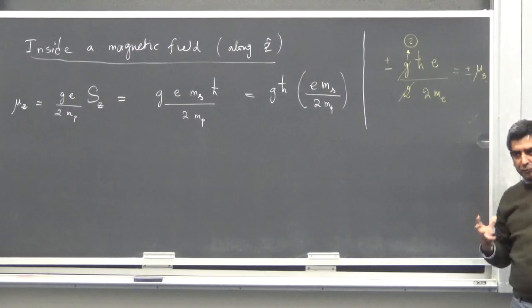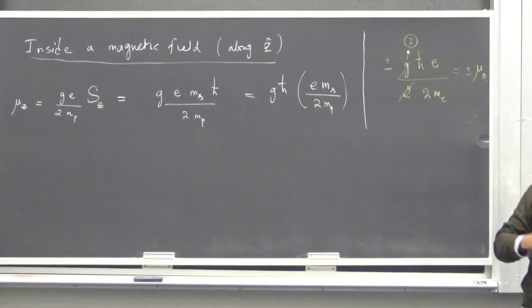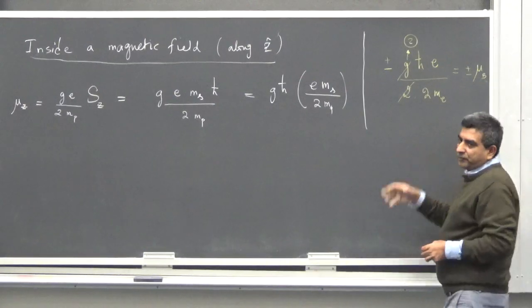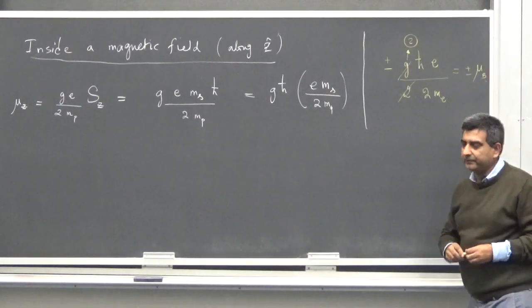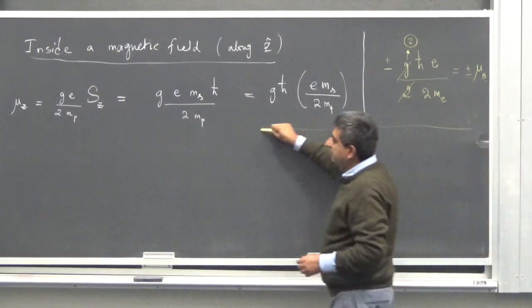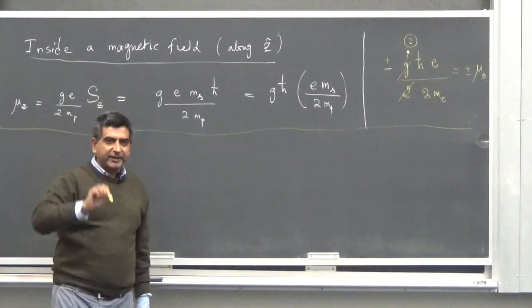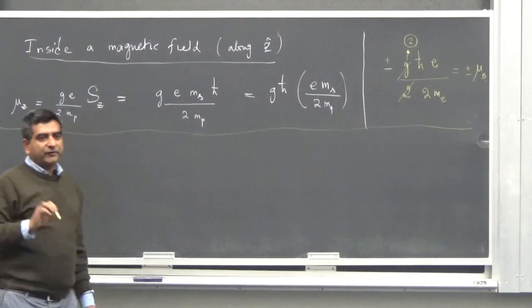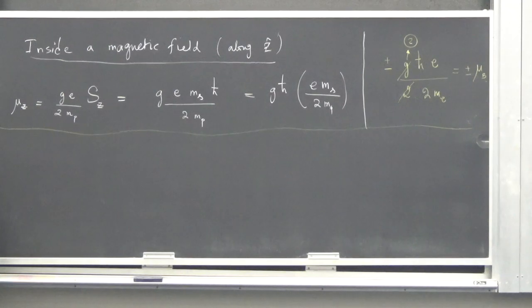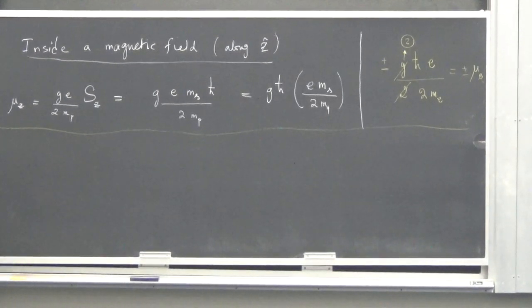It has a certain value: 9.27 times 10 to the minus 24 ampere meter square. Because g is equal to 2 for an electron, roughly. In fact, this is one of the best known constants in all of physics, g. There are some fine corrections to this because of relativistic electrodynamics. Anyway, so now what we know is that the magnetic moment can take up 2 values for an electron or